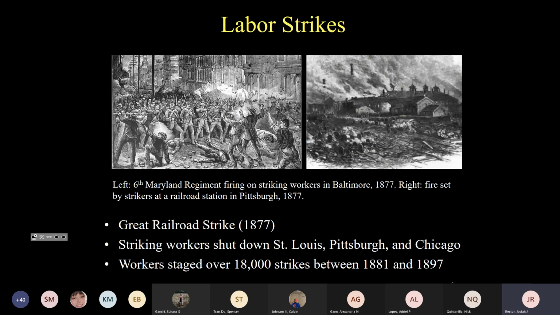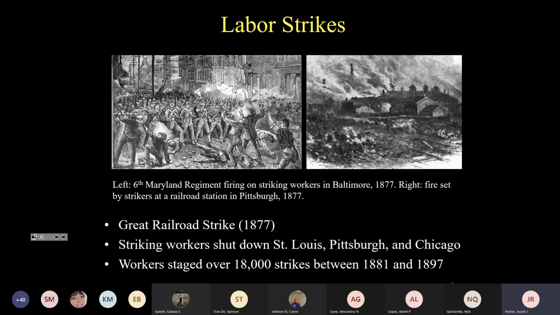There was also a lot of criticism, though, of the economic system. And in particular, there was a great deal of labor militancy. Many workers chose to go out on strike and join in labor unions during the Gilded Age. There had been strikes and union activity even before the Civil War, particularly in industrial centers like Lowell, Massachusetts, and amongst skilled craft workers in places like Philadelphia in the shoe industry as early as the end of the 18th century, but particularly in the 1820s and 1830s.